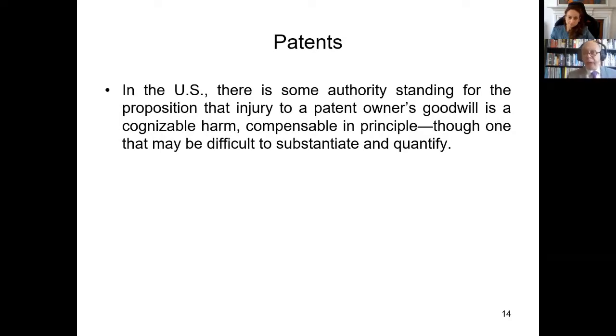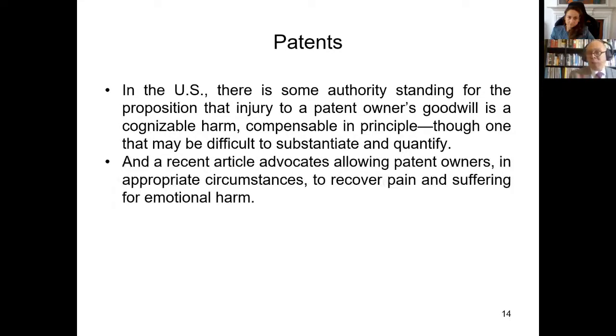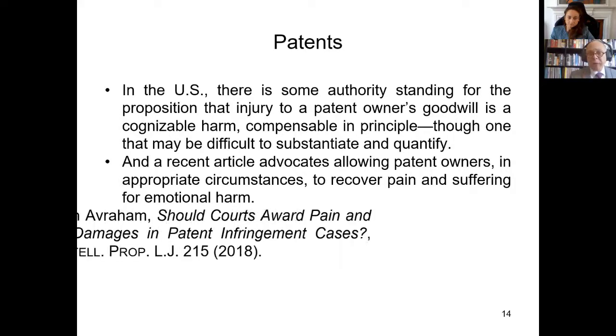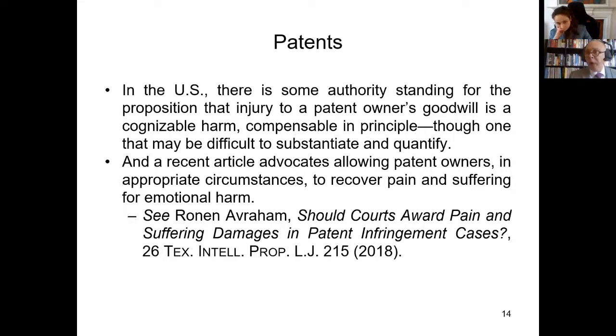It can be compensated with an award of general damages, as in a trademark case. I also noted, this is one of the articles that got me thinking about this issue a few years ago. There's an article by Ronen Avraham, who's a very well-known law and economics scholar, published in the Texas IP Law Review a few years ago called "Should Courts Award Pain and Suffering Damages in Patent Infringement Cases?" And he argues in this particular case that you can come up with examples of small inventors